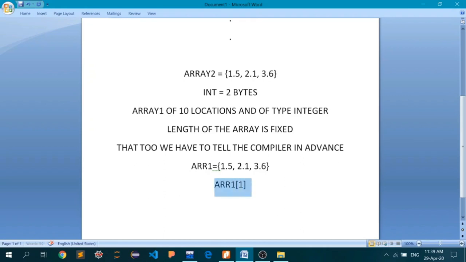This particular element is actually 2.1, not 1.5.